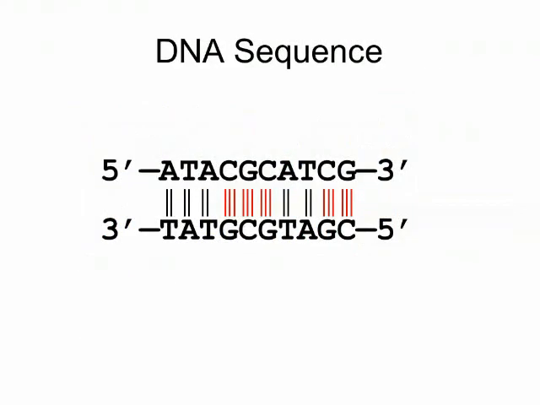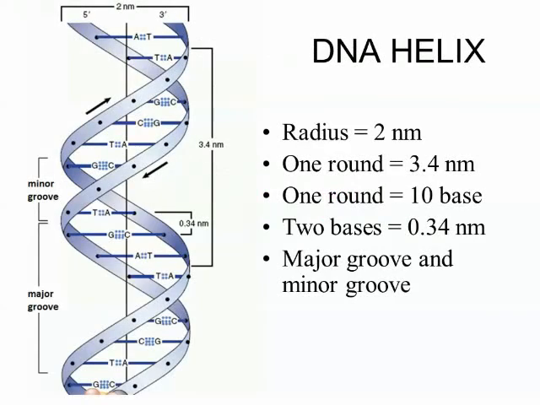So apart from that, the DNA sequence, as a rule, is written from the 5' to the 3', and it pairs with a complementary strand with A's and T's with 2 hydrogen bonds, and G's and C's with 3 hydrogen bonds. And when we come back to the real structures and the fundamentals of this, or topology